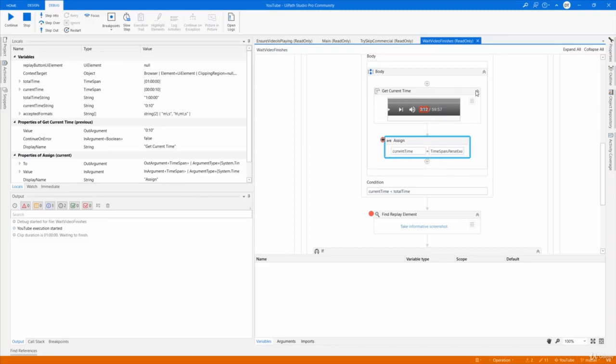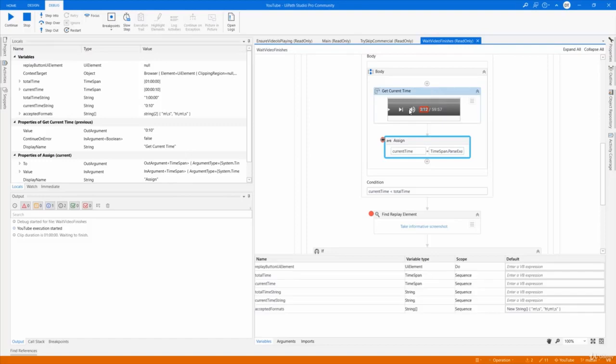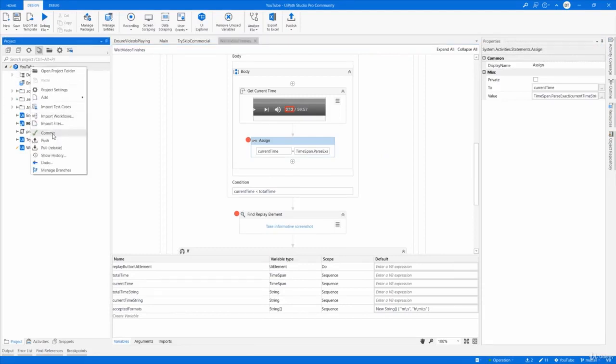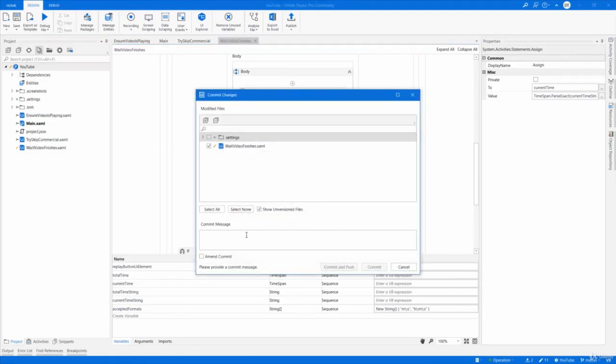Great. Now, from my point of view, the waiting for the video to finish is fixed. This side behavior, I may consider fixing, but not for now. So I'm going to stop. And I want to make this commit because it's very important. So I'm going to hit commit, and I'll say fixing the duration of the video, or fix the waiting, actually, fixing the waiting